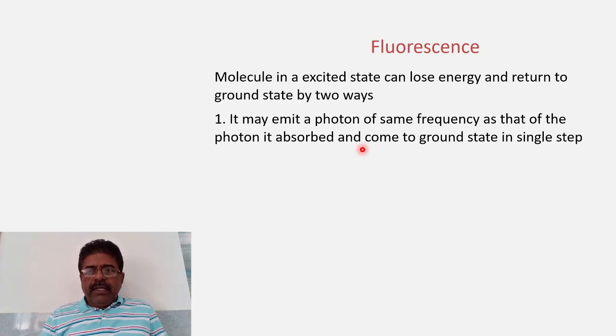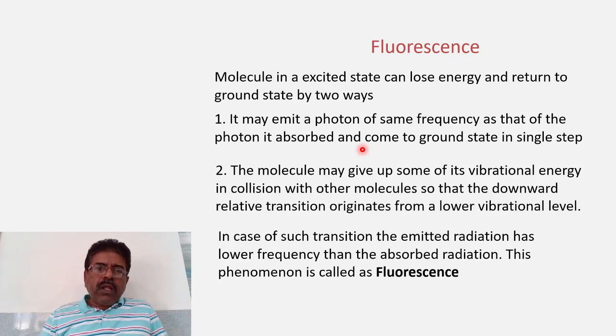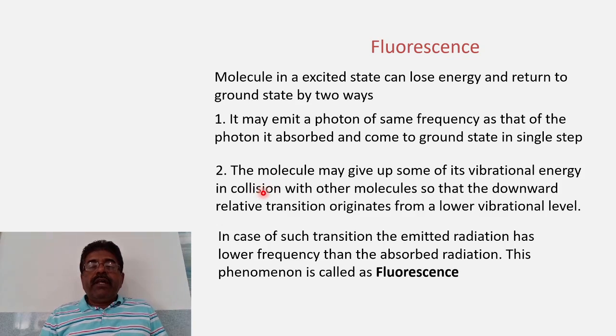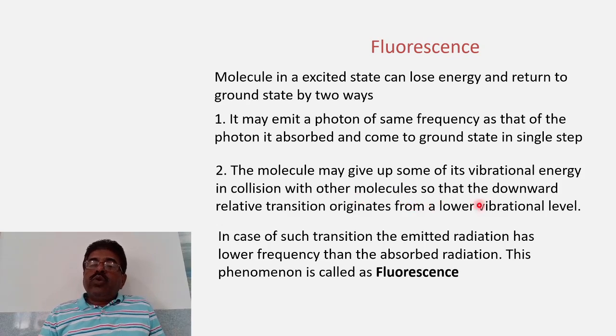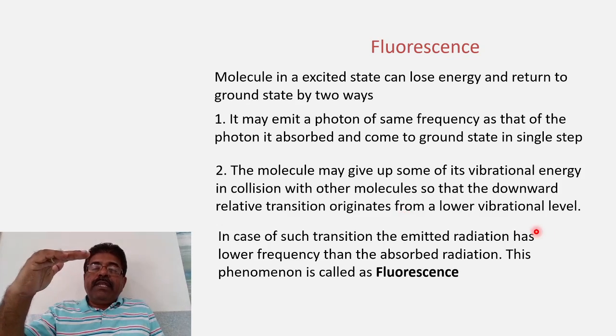So this is the first single step method. But there is another method where the molecule may give up some of its vibrational energy in collision with other molecules. That means the molecule will collide with its adjacent molecule and thereby lose a very small amount of energy. So this loss is actually a radiationless loss, and so the downward transition originates from a lower vibrational level. Okay. So whatever the level to which it had earlier been excited,